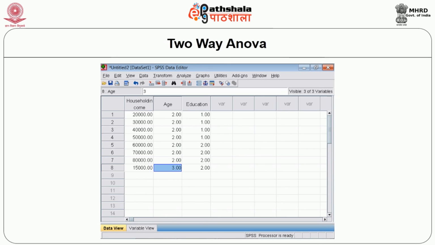Procedure. Enter the data on income of different age groups in one column. Then in a new column, give dummy 1 for the income of the age group of 30 to 40 years. Give dummy value 2 for the income of the age group of 40 to 60 years and 3 for the income of the age group of 60 and above. In the third column, give 1 for non-professional degree holders and 2 for professional degree holders.